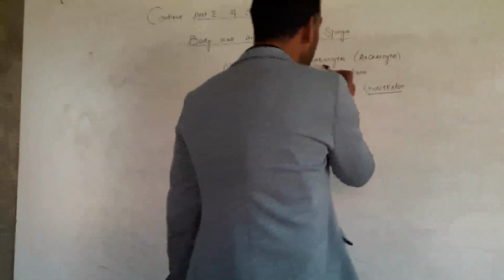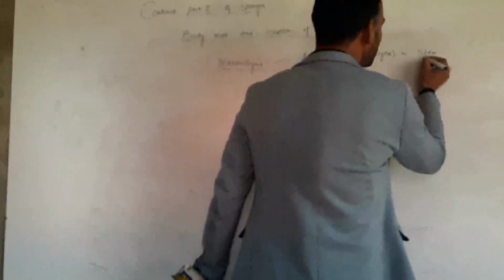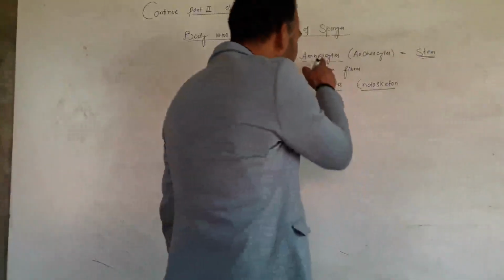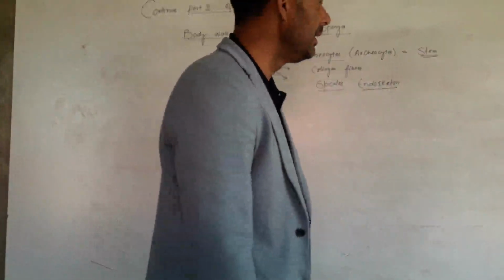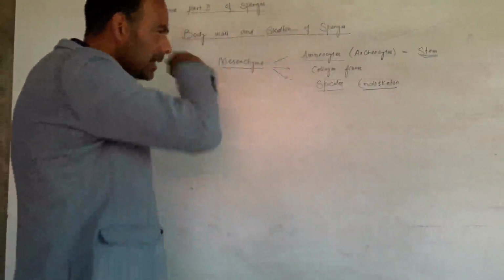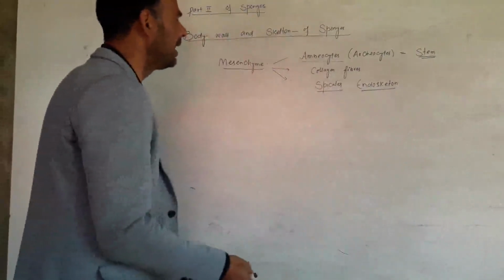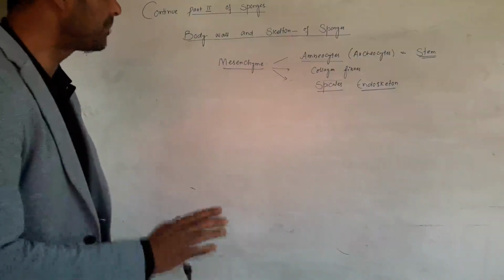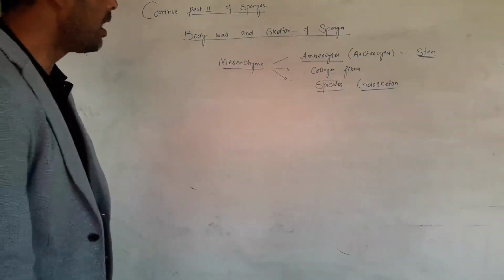But these amoebocytes are also called archaeocytes. These are stem cells. They can give rise to any type of cell as per the need of the organism. All other cells present in the body, except choanocytes and pinacocytes, are derived from these archaeocytes,